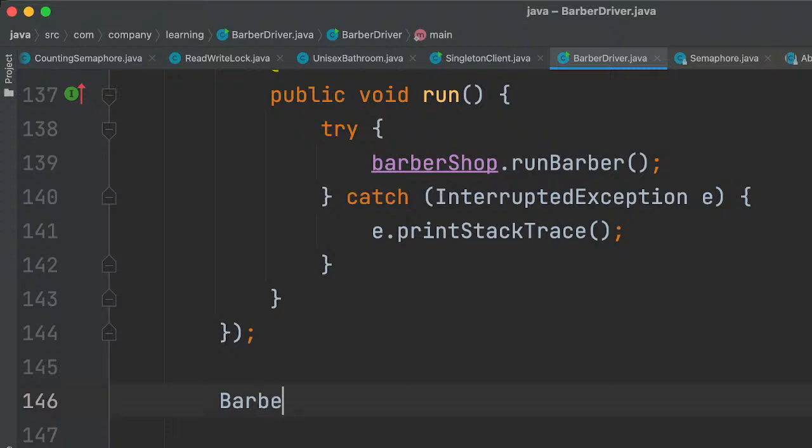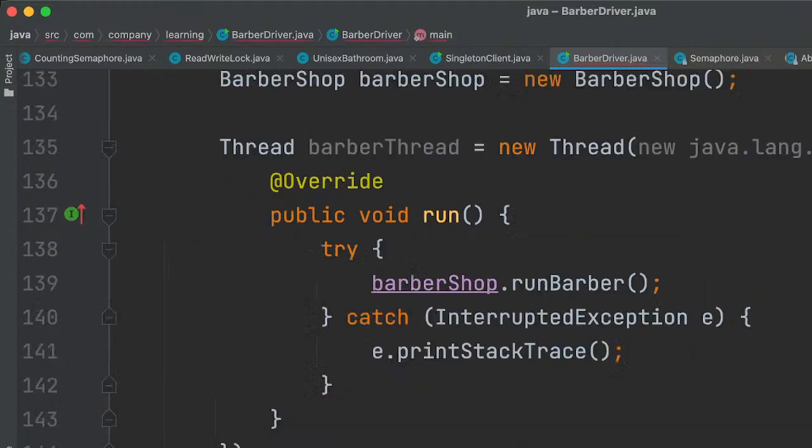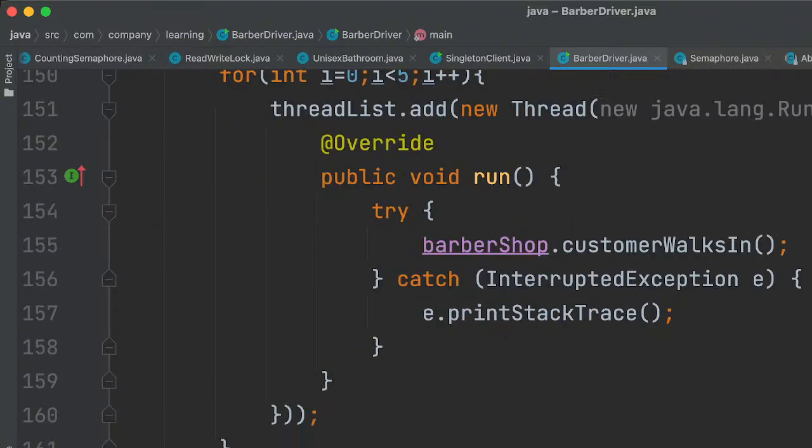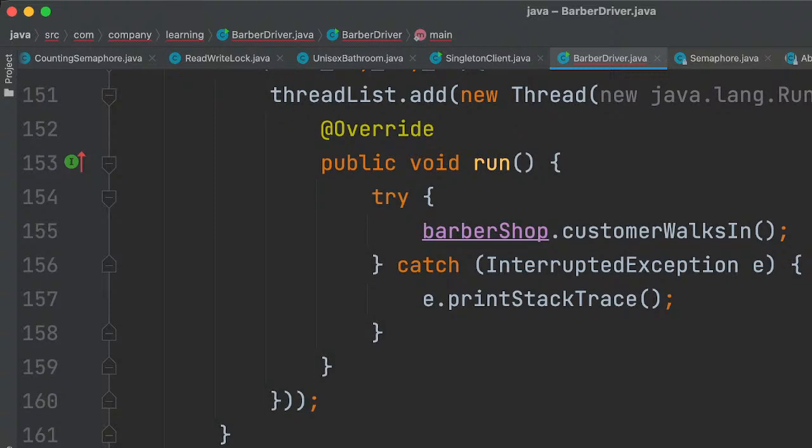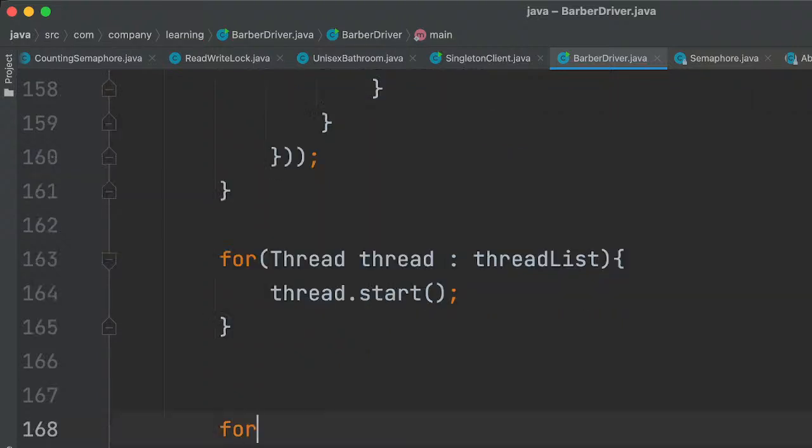Okay. Barber thread dot start, and for each thread object in thread list we say start, right? And we will be joining all the threads one by one at the end.